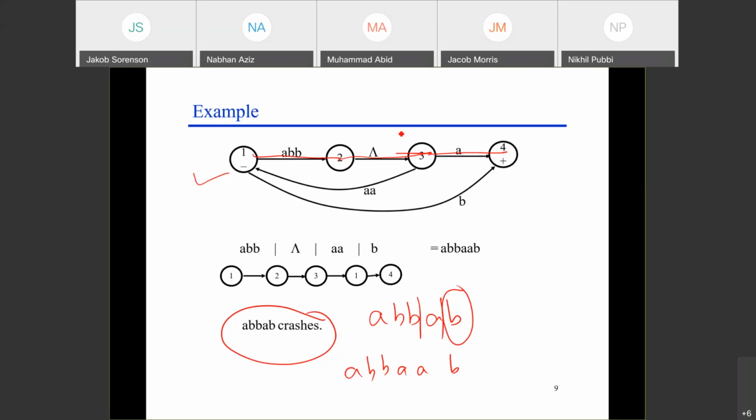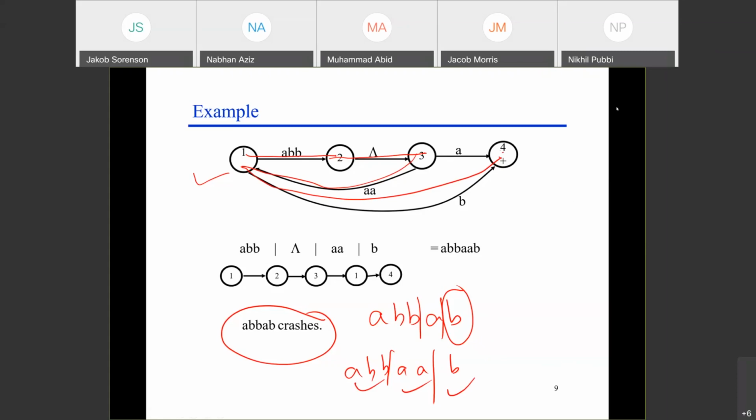Now you are saying I make a factor. It requires you to decide how to make a factor. So you say I make a factor this way: A, B, B, and then lambda without any input, you reach here, and then A, you go here, and then B, you reach here. Everything is done, and you reach the final state. The whole word is finished. This way, this word will be accepted. That's the idea behind how the word will be accepted.